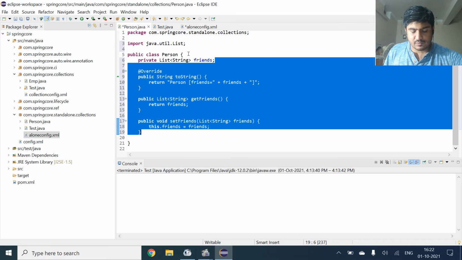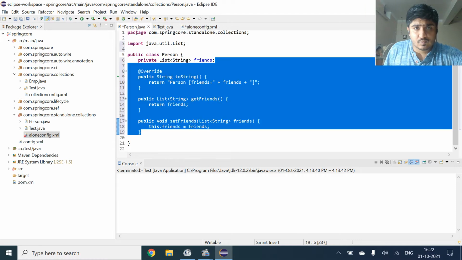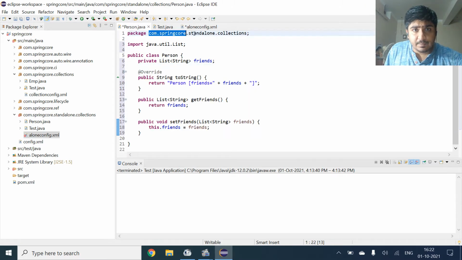So we will just put the data from the configuration file. I will copy the package here and paste it there so that we don't get any type of mistakes.